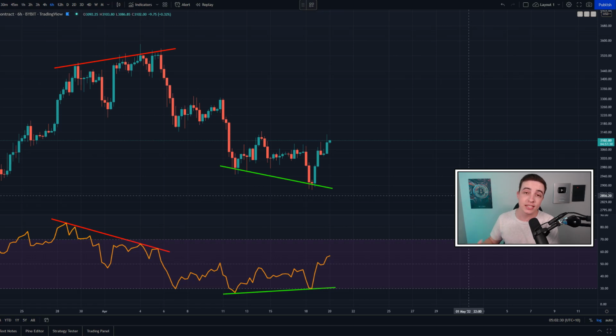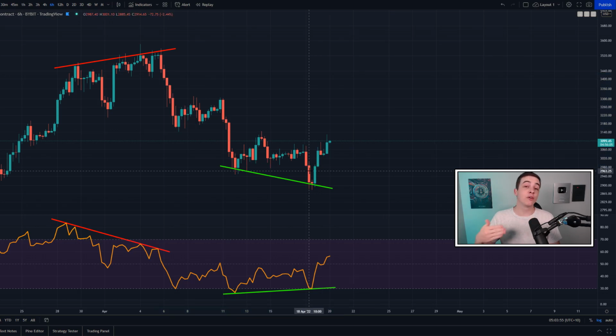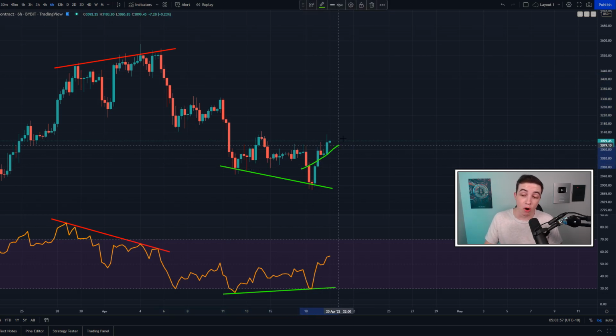This right here is the 6-hour Ethereum chart, and we still have this bullish divergence playing out. And for anyone that might be new to the channel, a bullish divergence basically means this short-term downtrend is losing that bearish momentum. And so, as the name suggests, we could be due for some more bullish price action, as